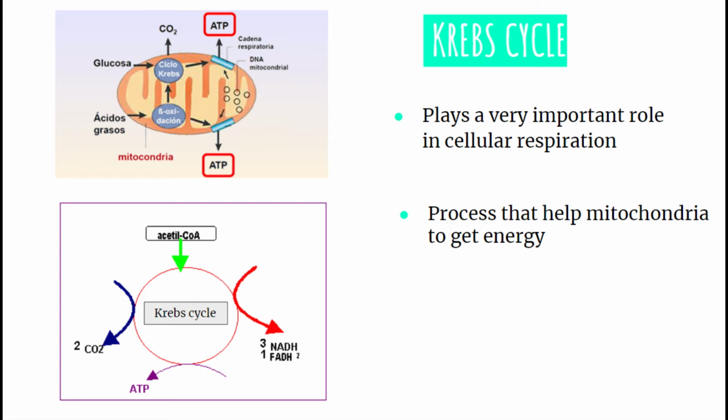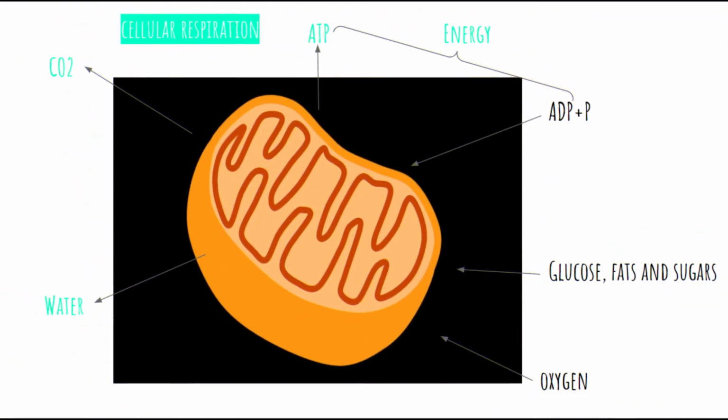cell division, for example. And in the eukaryotic cells, the Krebs cycle takes place inside the mitochondria. So basically, the Krebs cycle is the mechanism or the process through which the mitochondria gets energy from fats, sugars, and nutrients. As before, I have talked about cellular respiration, now I want to explain a little bit what